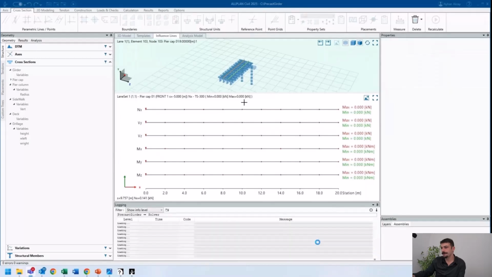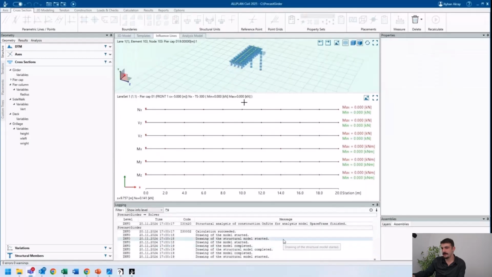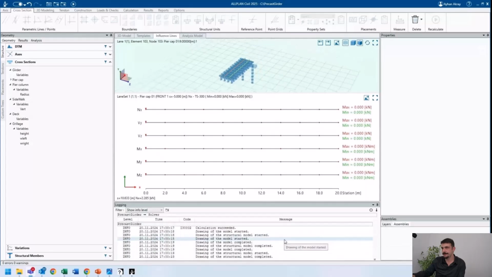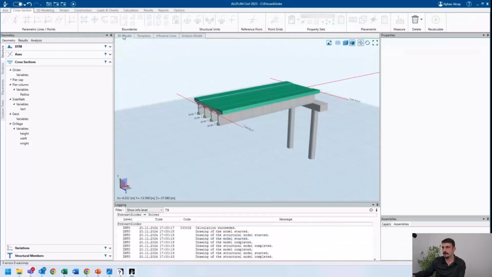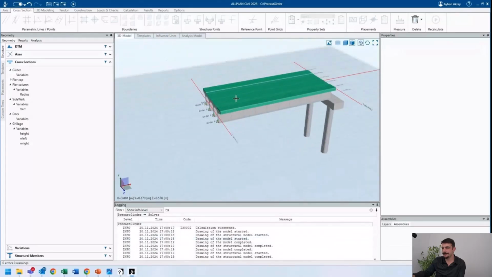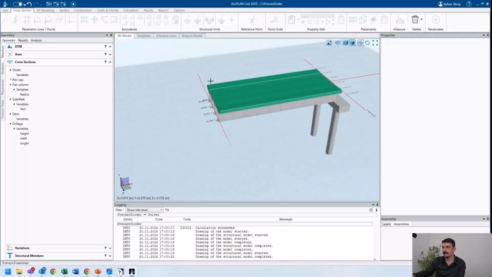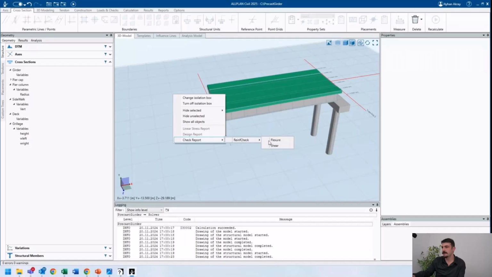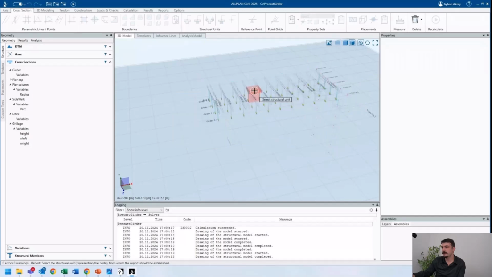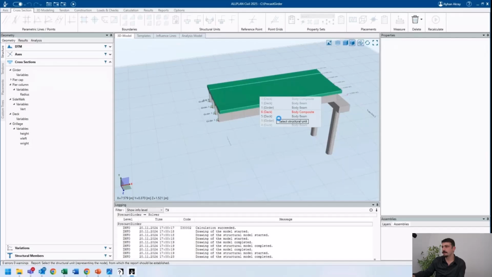So after that, the code check started and it evaluated our specified section for the flexure. And if I switch back to the 3D model, I can right click and I can see my check report is activated for the flexure and shear, and I can select my member in order to create automatic reports